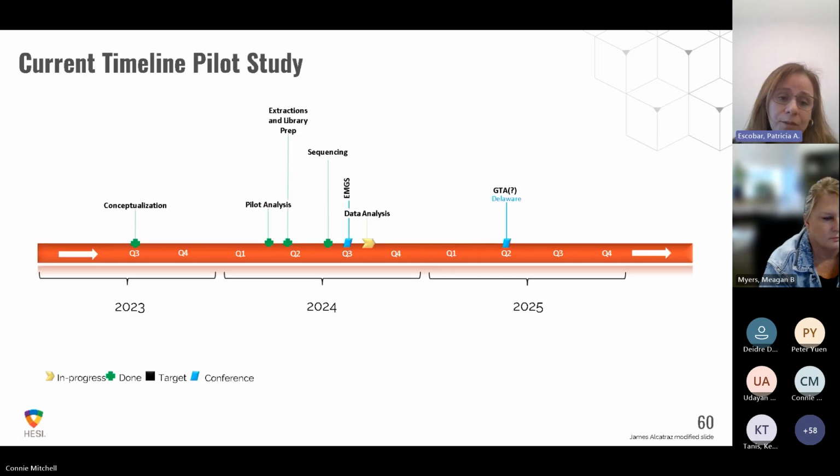So where are we? Just so you guys get a sense. We are in the data analysis pieces, as I mentioned. We will try to see if we can get that initial analysis done by GTA. For those who don't know, that's the Genetic Toxicology Association meeting that happens around May here in the US. It's a milestone because that's where some of the people from our group go, but it's not the only place we're going to share it. The idea is to have that as a looking-forward milestone, so you have a clear vision of when we're going to get more data so we can discuss. Can you go to the next slide?